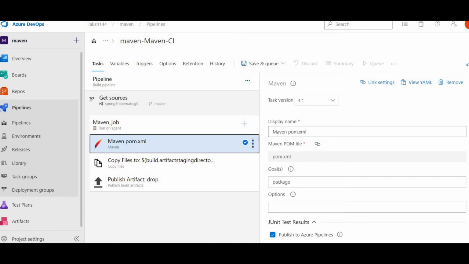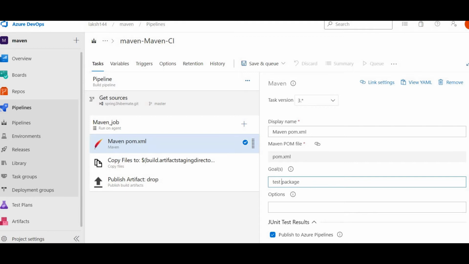So in cycles we basically have phases. A lot of phases are there, like validate, compile, test. All these phases are there. In phases we have different goals. Like here, the package goal is automatically populated. I will include the test goal as well.